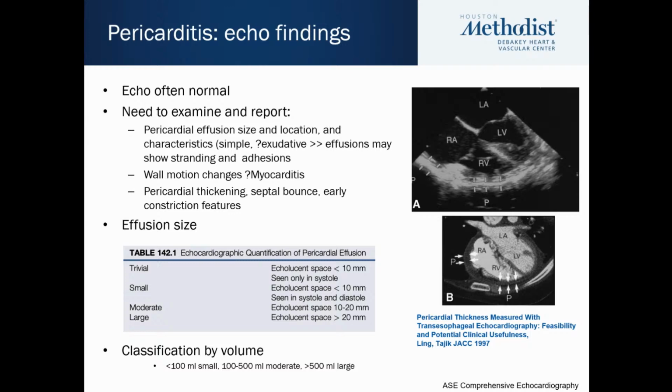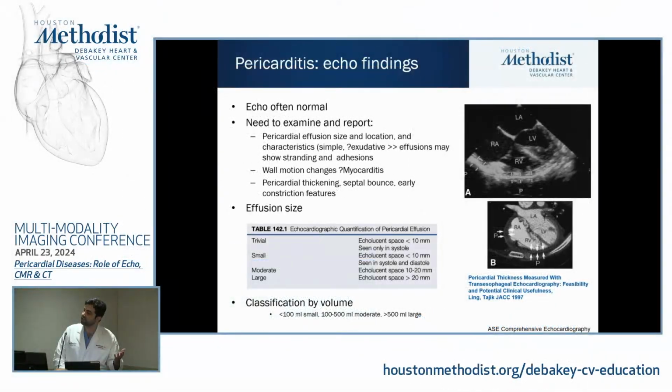Another potential limitation to think about is the heart size. So an effusion that's 10 millimeters in diameter in a heart that's 7 centimeters is going to be a different amount of mLs compared to the same exact diameter, 10 millimeters of pericardial effusion, but the heart size is much smaller. And then, we often get questions and consults about the CT reporting a large or a moderate pericardial effusion,